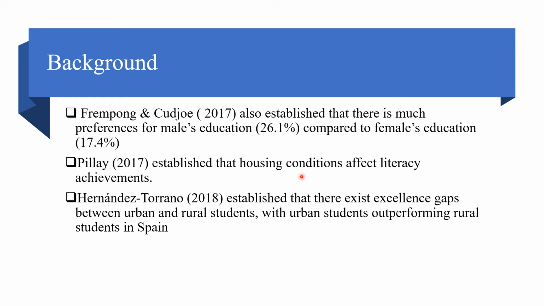Past studies have been conducted on these particular research questions, and the following were found. Frimpong and Kuja established that there is much preference for male education compared to female education, and that housing conditions affect literacy achievement. Hernandez also established that there exist gaps between urban and rural students, with urban students outperforming rural students in the case of Spain. So, challenged to provide statistical evidence that the level of educational attainment is indeed affected by residential location, and perhaps gender also influences this relationship,